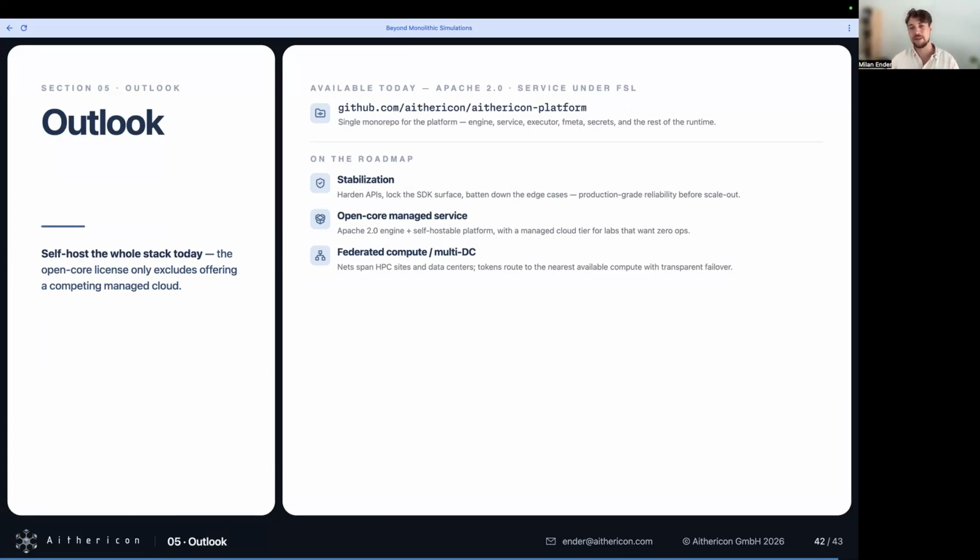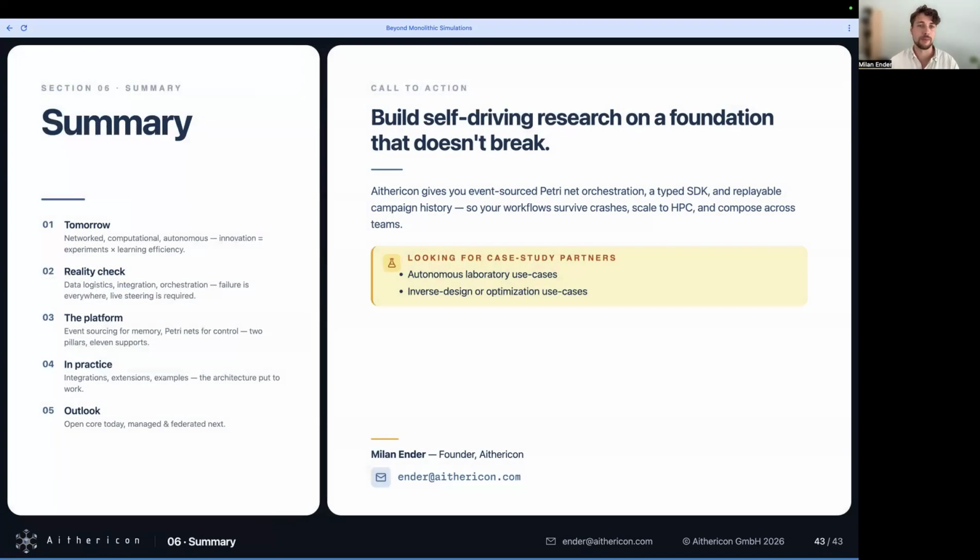The idea is that we sell services based on top of this infrastructure. So a managed cloud service, for example, that makes the operation more cost efficient than managing it yourself, and also maybe sell consultancy and other project work.